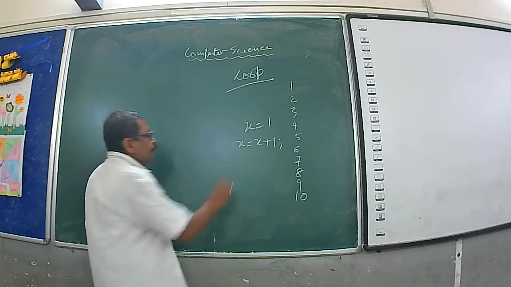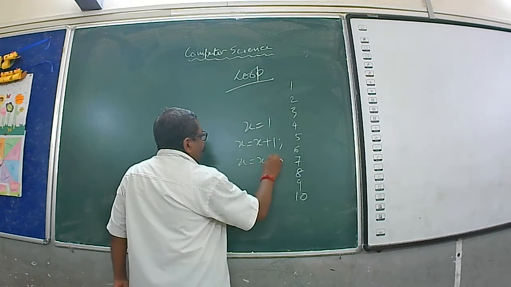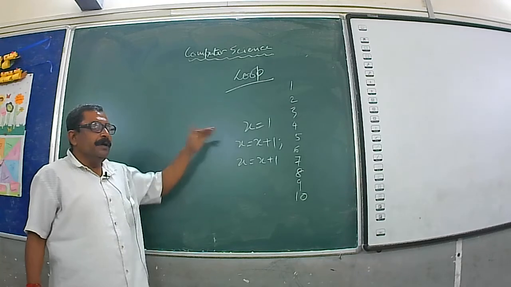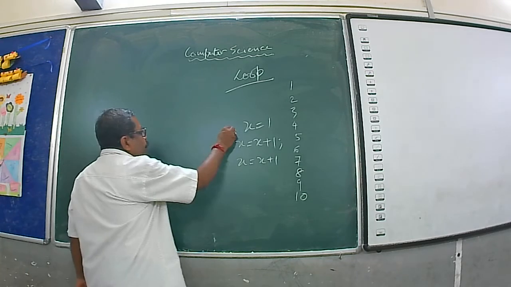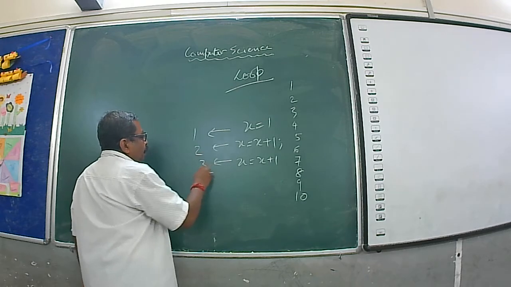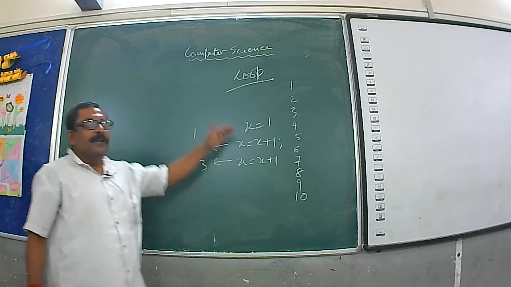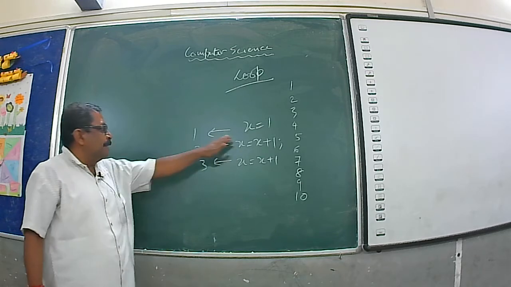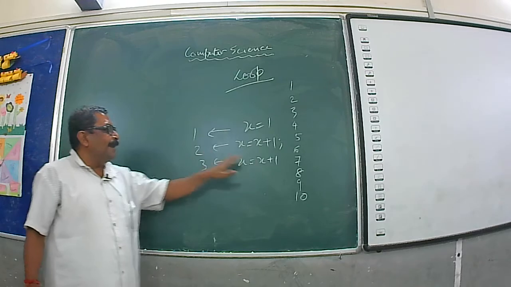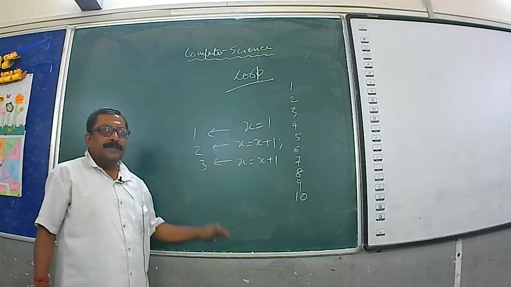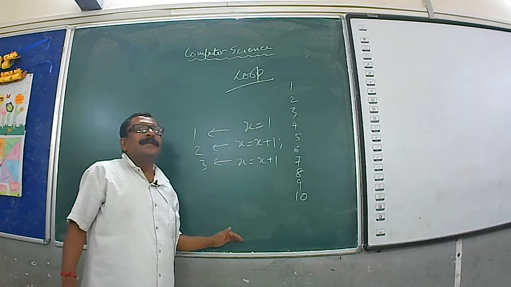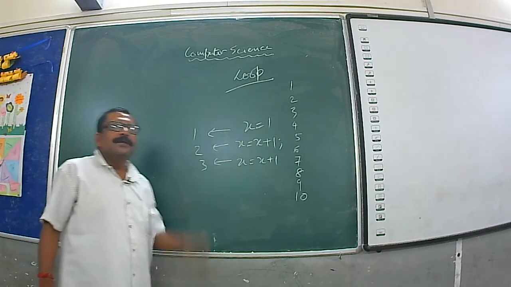Next line 3. So, if we go for the output, every time that will be incremented by 1. So, first time the output will be 1, second time the output will be 2, third time the output will be 3, and so on, the same process. Now, same process, how many lines is required? Total 10 lines are required.